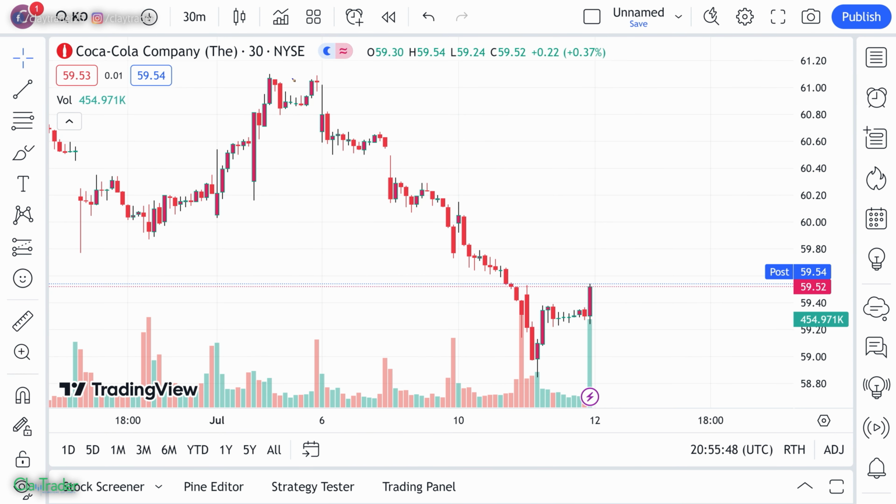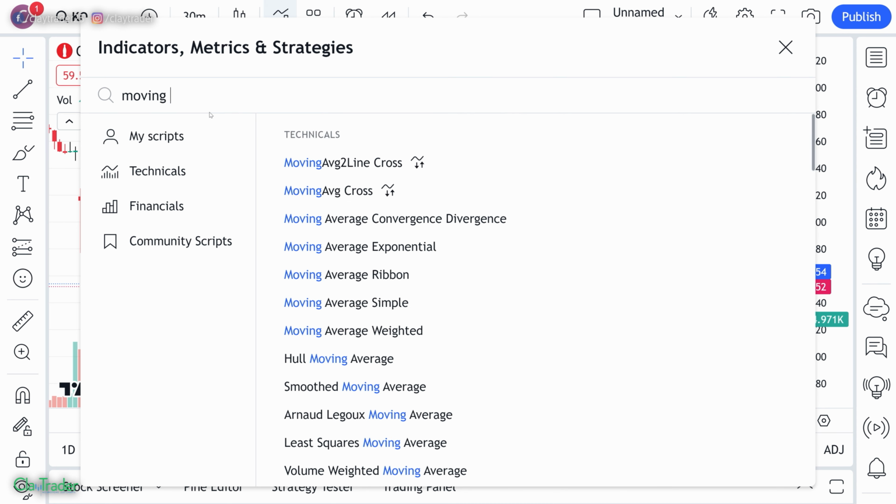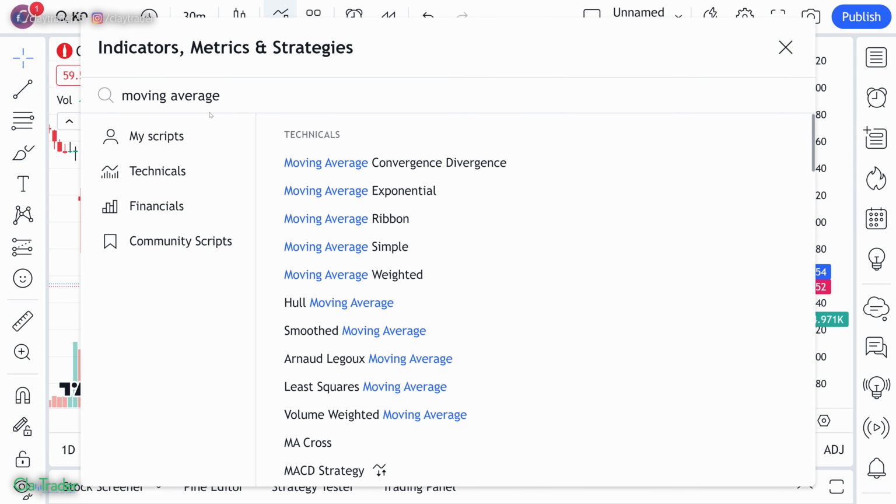So that's the other thing is, as far as time frames are concerned, right up there, you can click on that, and that'll allow you to go to whatever time frame you want. But as far as, like I said, the indicators, let's come back up here, and the classic always being moving average. And right here, we just want a simple moving average. So you can click on that,